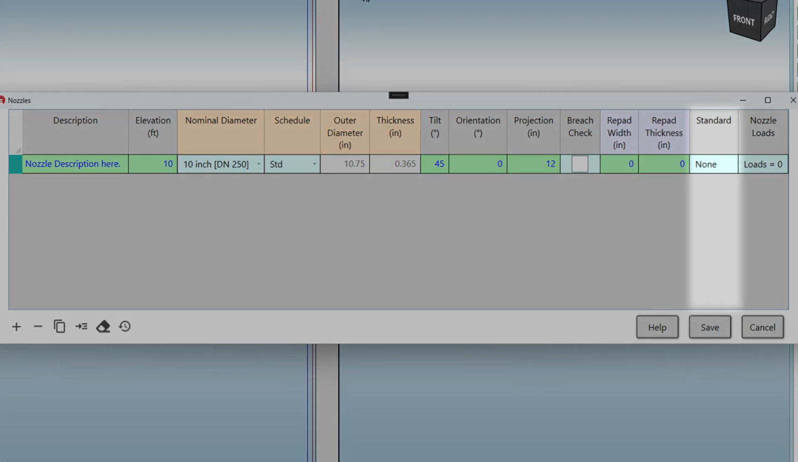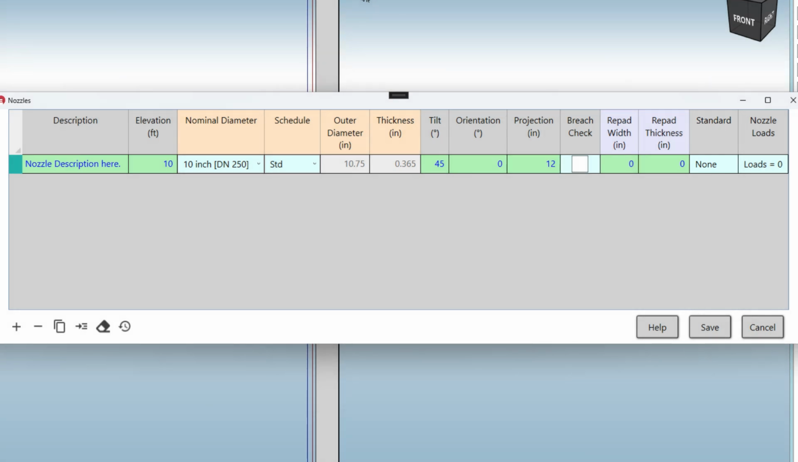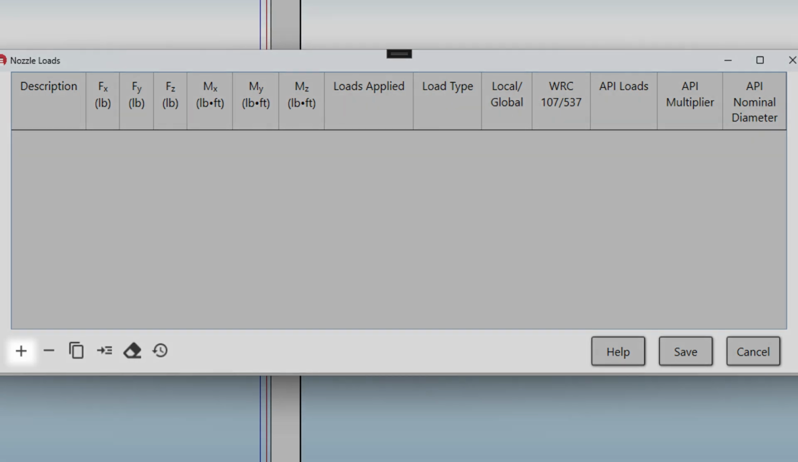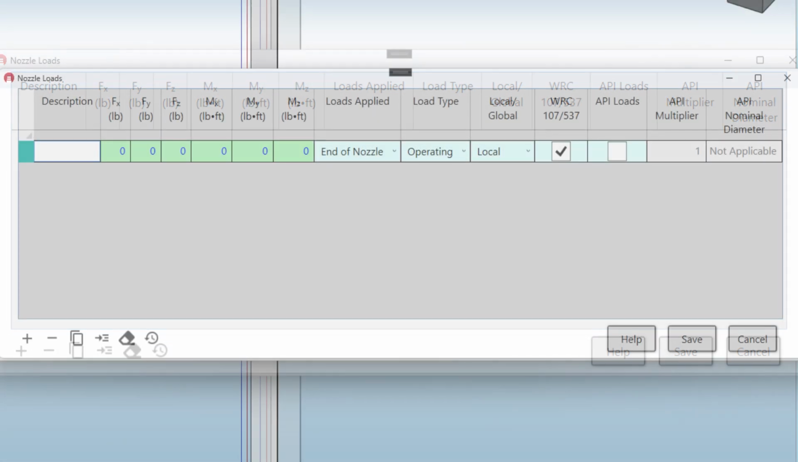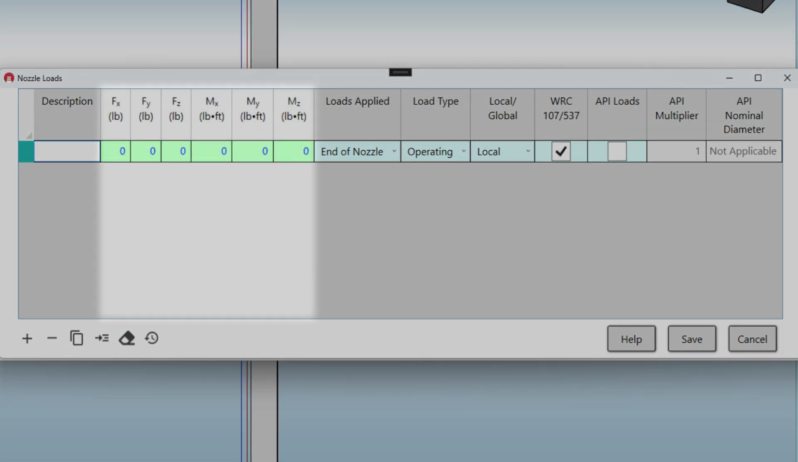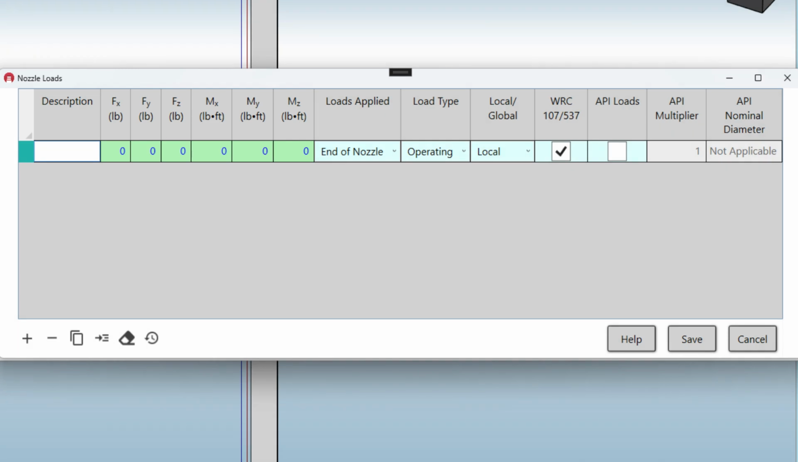You may specify that there is a flange on the end of the nozzle, which will be considered in the weight calculations. If there is piping attached to the nozzle, then there could be nozzle loads that need to be considered. The nozzle loads are specified by clicking the nozzle load button. A set of nozzle loads can be added by clicking the plus at the bottom. You have a couple of options. You can either manually enter a description and the 3 forces and 3 moments, or you can use the API